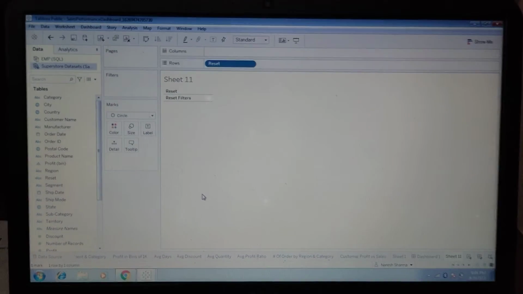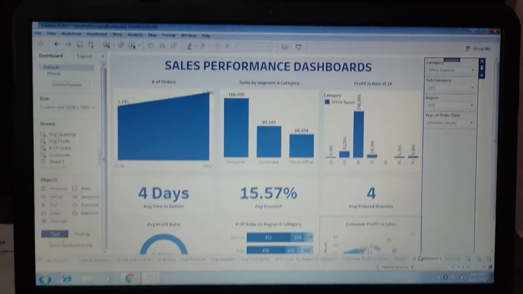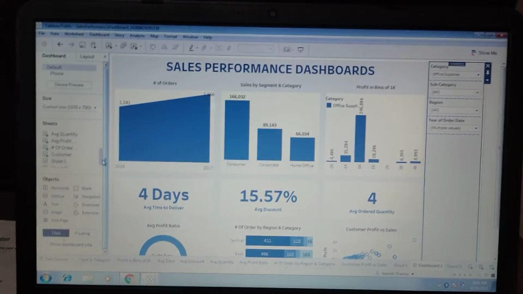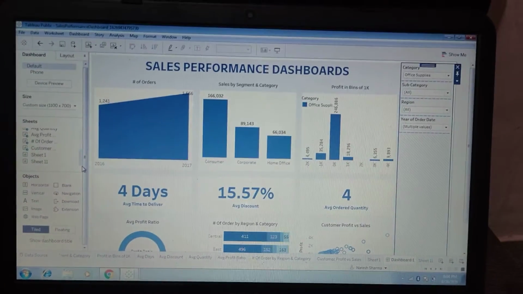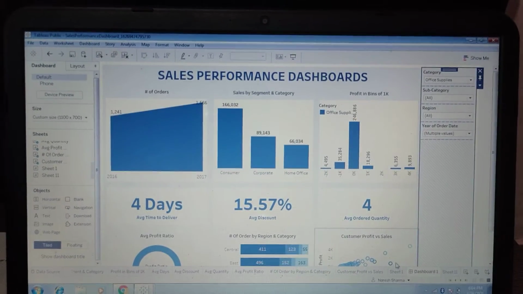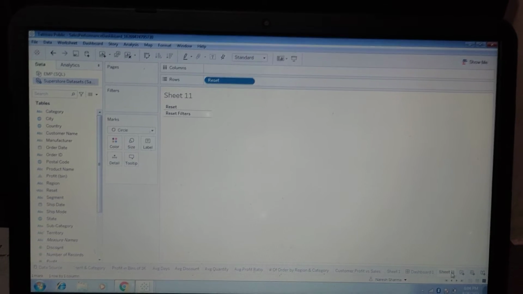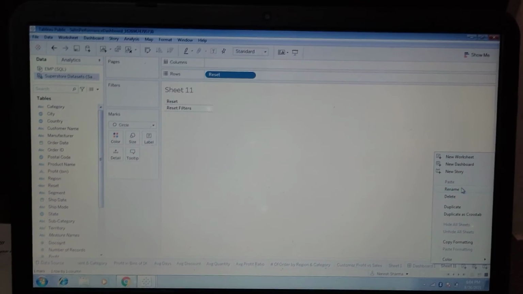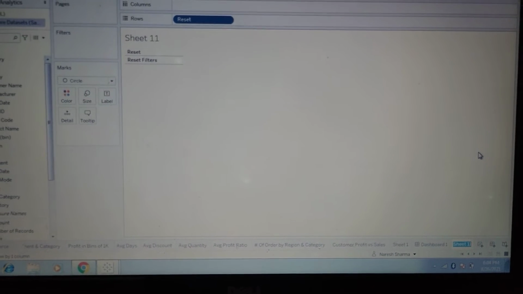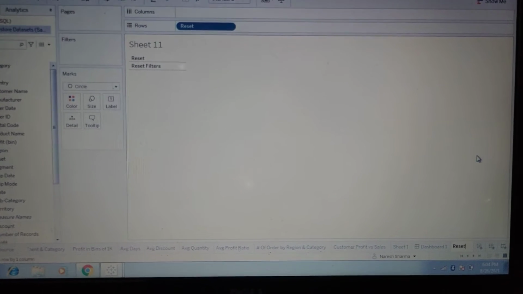Now we go to our dashboard, and we can see the sheet 11, which is for the reset button, or we can change the sheet name. We can rename it, and give the name reset.